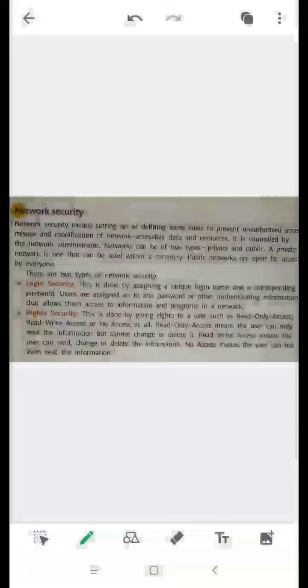Read only access allows the user only to read the document, but he cannot make any modifications. Read write means the user can open and read the document as well as make modifications. No access at all means the user cannot open the document at all. Those are the three write security types.